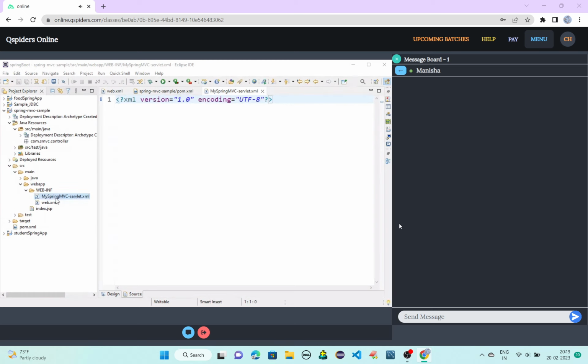One XML file is to configure your dispatcher servlet, that is your front controller. Now we are creating an XML file in which you will be configuring the base package. Bean you have used, right?